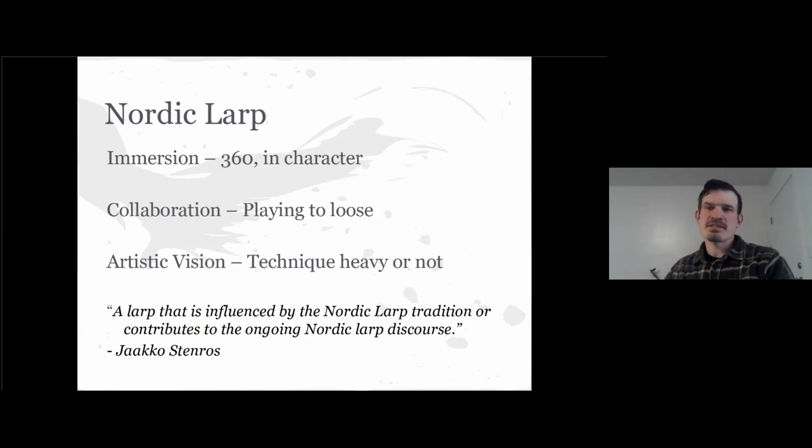That means we have a 360-degree scenography usually. That means the set we're on is a real place rather than an imagined place. We would build a whole village of medieval houses to do a fantasy game, or we will be in a castle, or we will be in a refugee camp for real to pretend to be refugees, or we will remake a battle cruiser into a starship and play sci-fi in space.